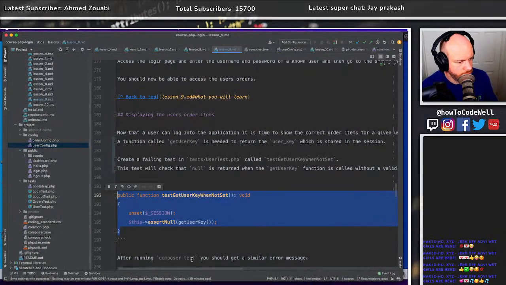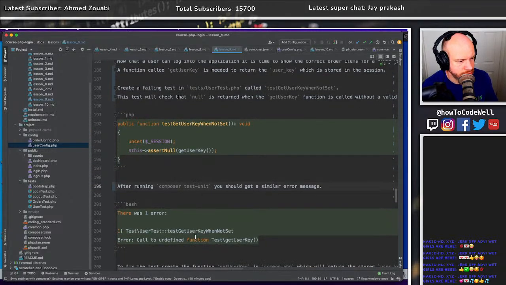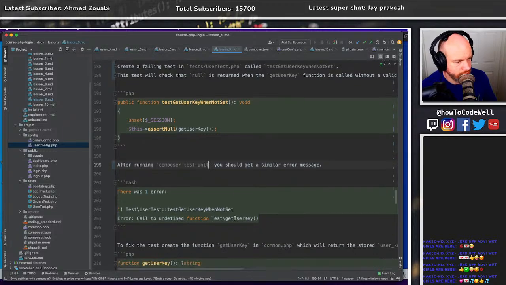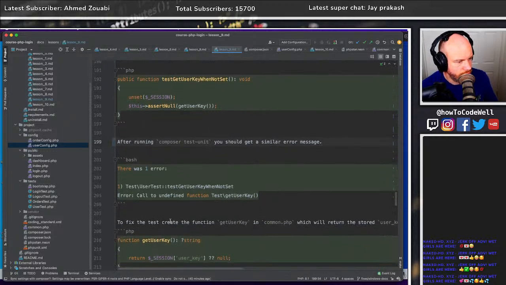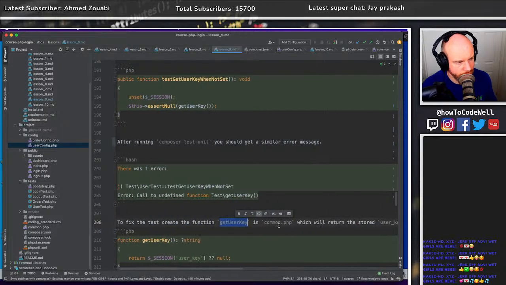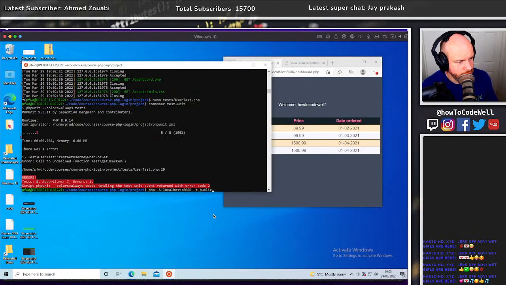After running composer test unit, you should get a similar error message. So call to undefined function getUserKey. Yes. To fix the test, create a function getUserKey in common.php, which will return the stored user key or null if it doesn't exist. So we want to put this in our common.php file. So this goes into